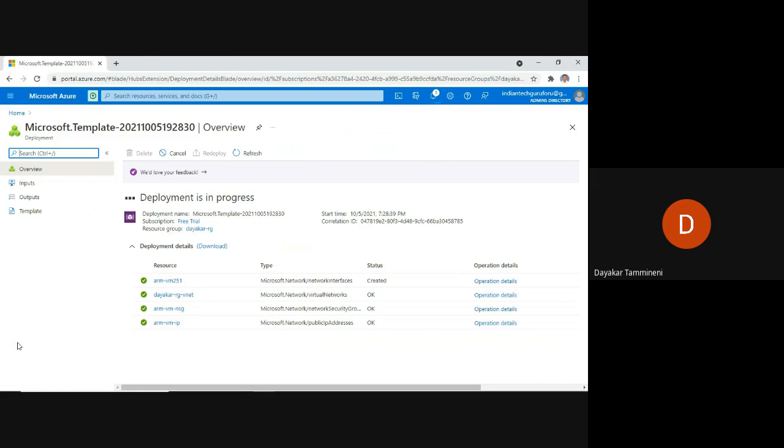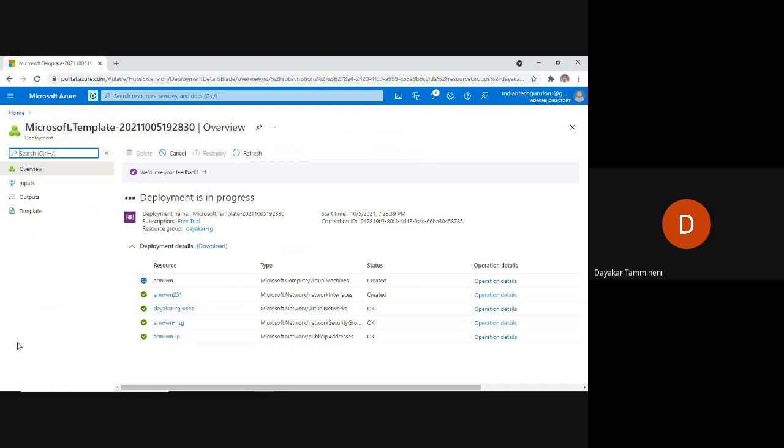Actually, I have seen a lot of videos on YouTube, but in no video have they shown this process. They have shown the process of uploading the JSON file, but the process of uploading the parameters file was not shown in any of the YouTube videos, nor in the course which I studied on Udemy.